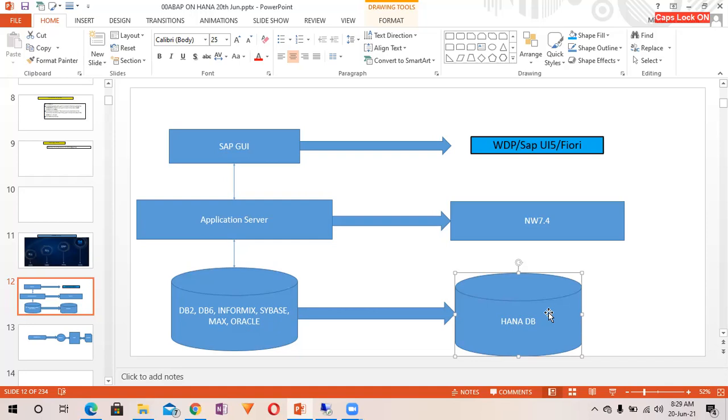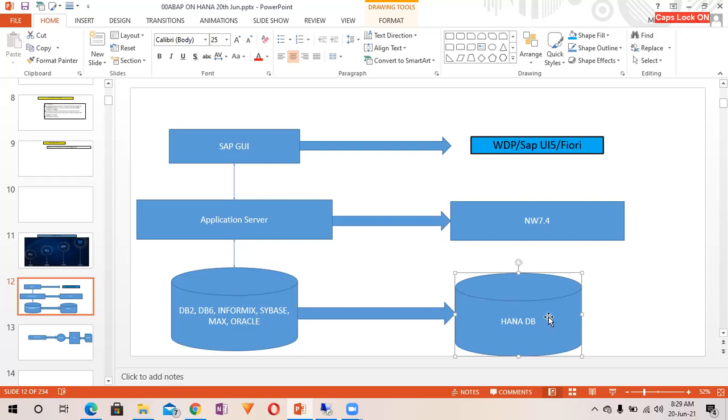Some of the important points: HANA DB also supports the column-oriented architecture. That means the record can be stored in HANA DB in a column-oriented fashion. We'll understand how this column-oriented storage way in the HANA DB is going to help to improve the performance.